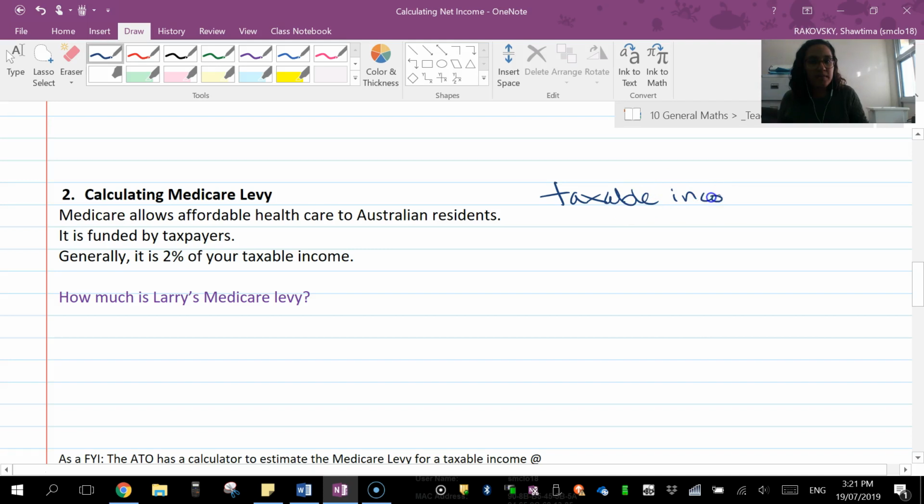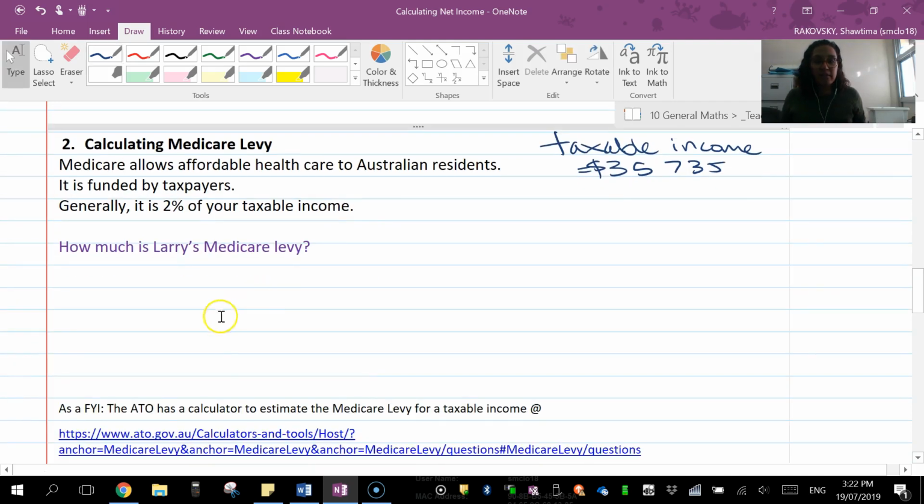Taxable income is $35,735. So Medicare is what we pay as taxpayers to ensure that we can have affordable healthcare, and it's generally 2% of your taxable income. Again, there are ways to calculate that officially,